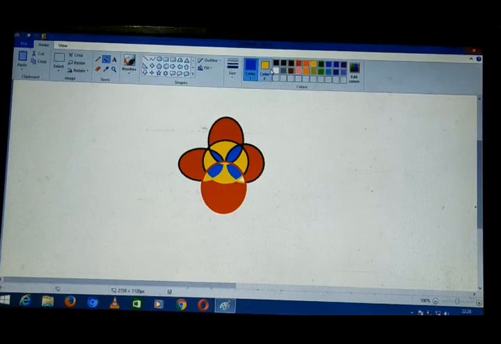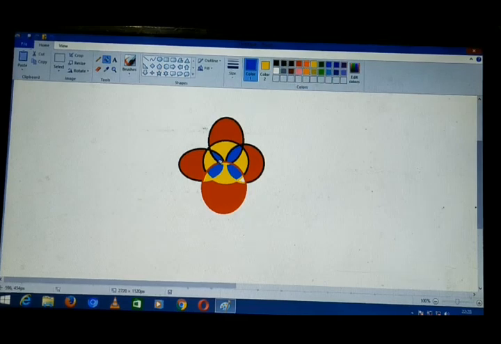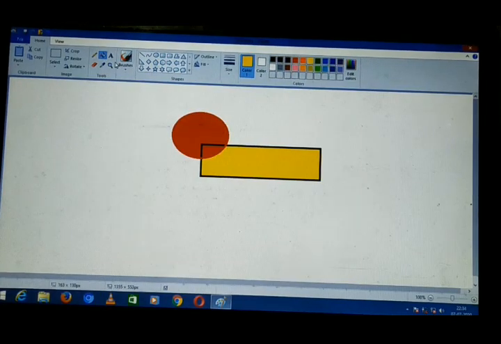Background color is basically color 2 and foreground color is basically color 1. We can change them also. You have seen that I selected red color first and then I selected blue color. So this is the way we can change the background color as well as the foreground colors. So in this figure, if I want to add some text, I will select the text option.